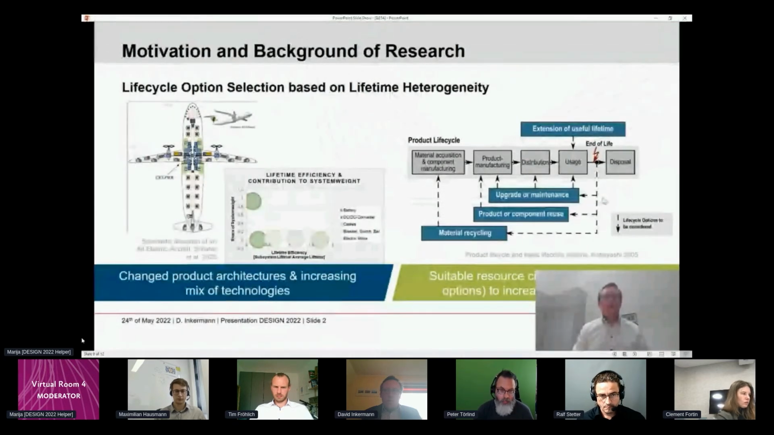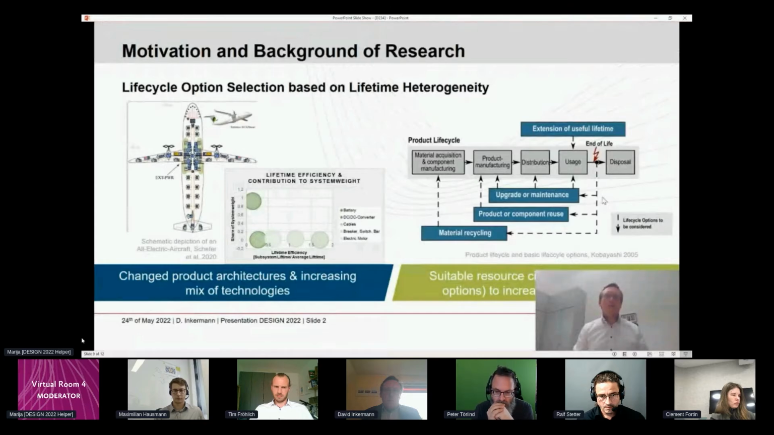Looking at modern and future products like all-electric aircraft, we are facing the challenge that these products provide a completely different product architecture compared to past products. And at the same time, there's an increasing mix of technologies. Looking, for instance, at the power system of this aircraft, we can identify the battery as a critical component, because